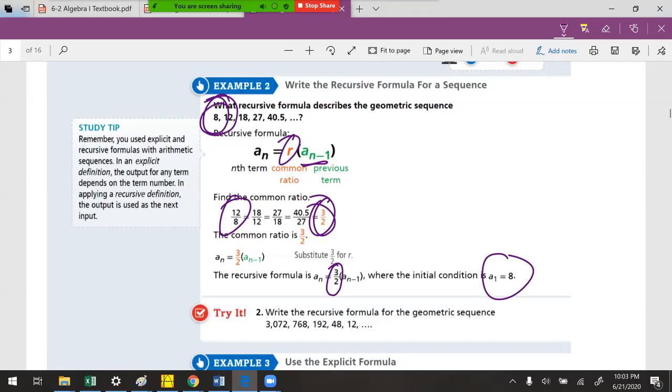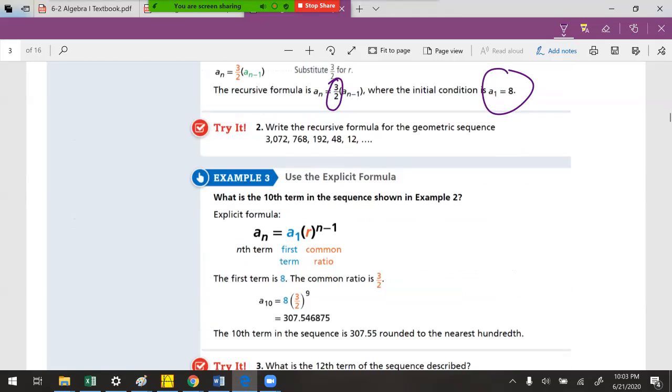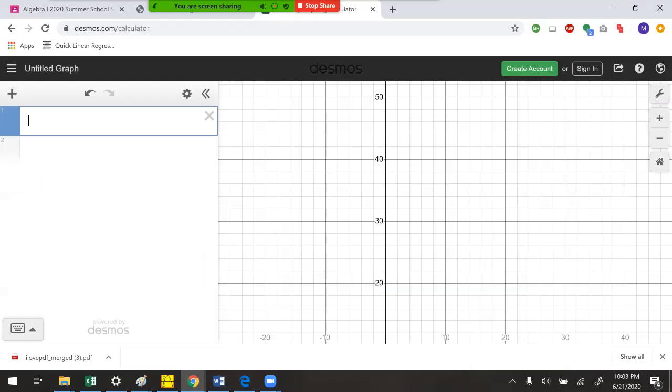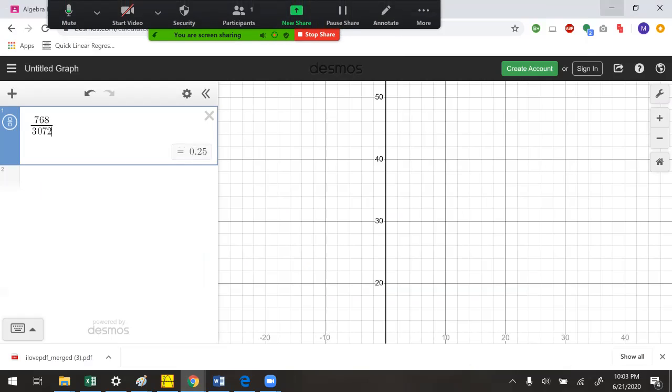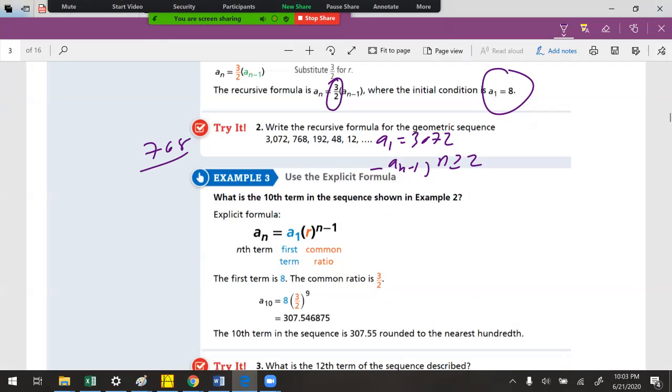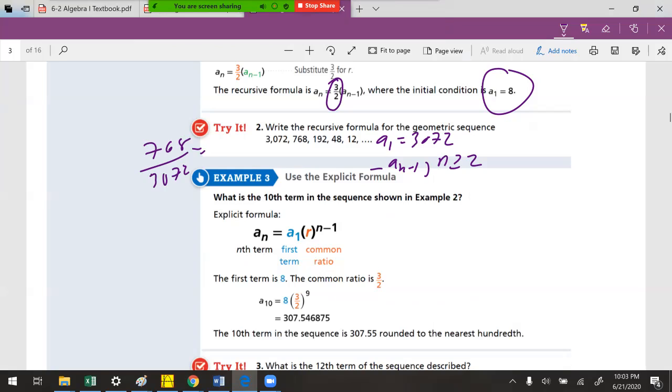That's simple. Let's look at this one here, okay? So the first number is going to be 3072. Now let's find out how we get to the next number. We're going to go 768 divided by 3072. 768 divided by 3072 is 0.25, or 1/4. So that's equal to 1/4. There you go. So this is your